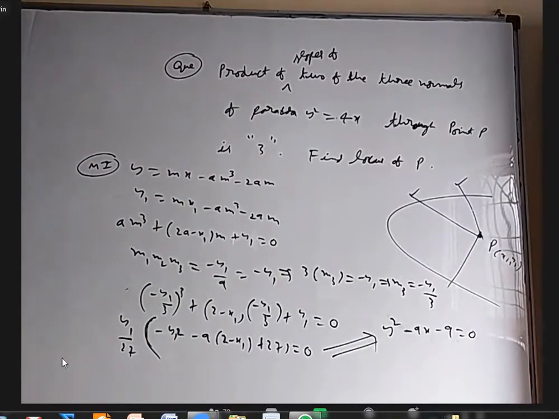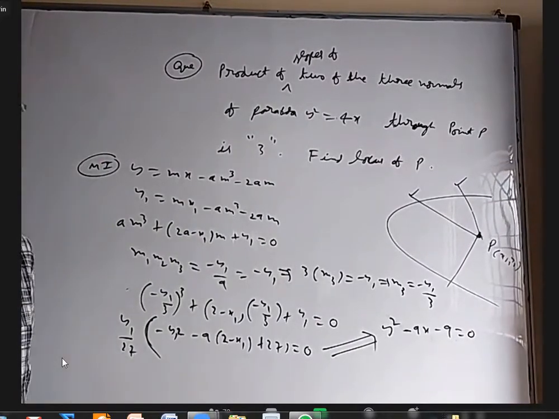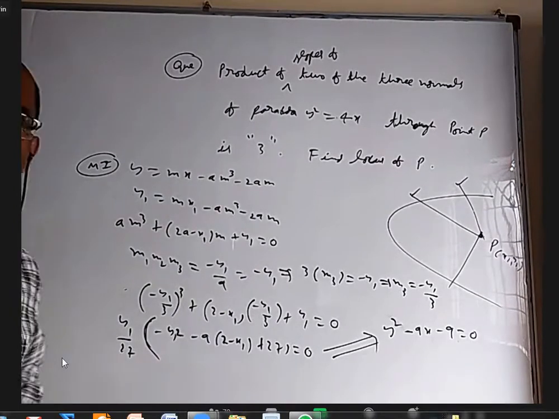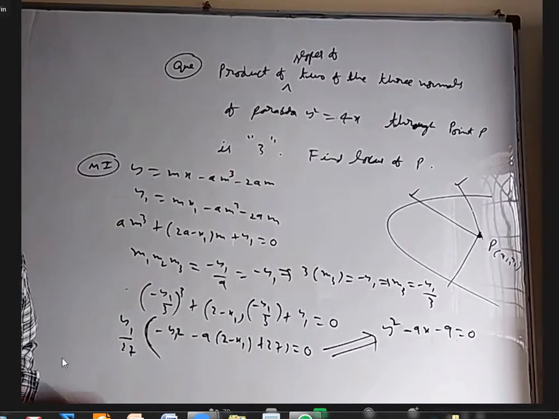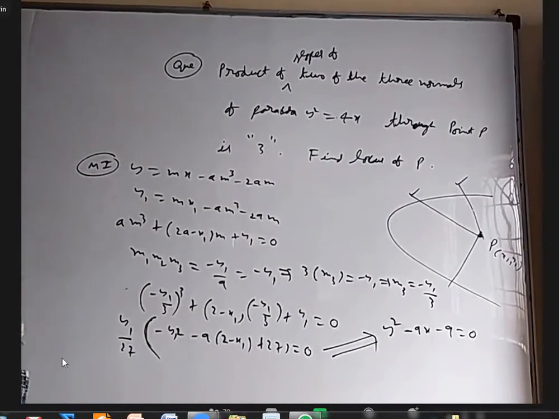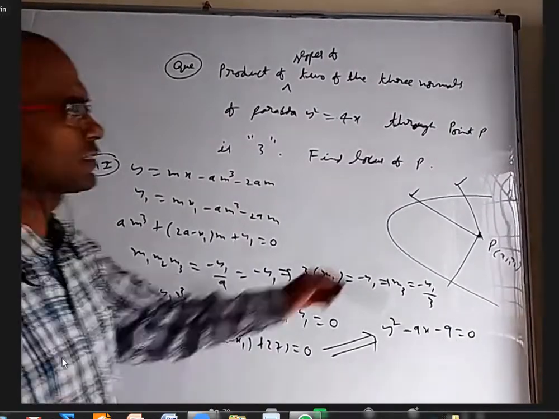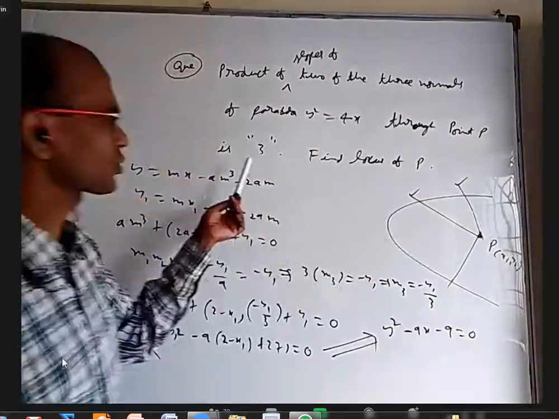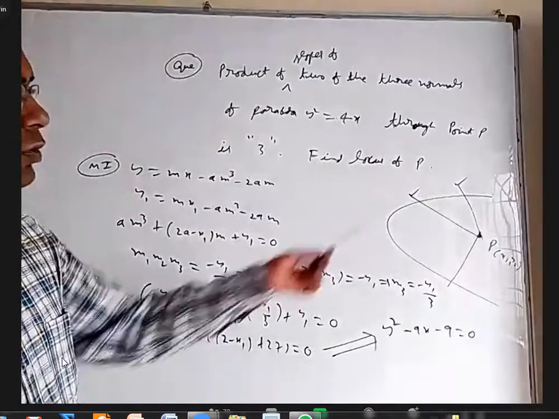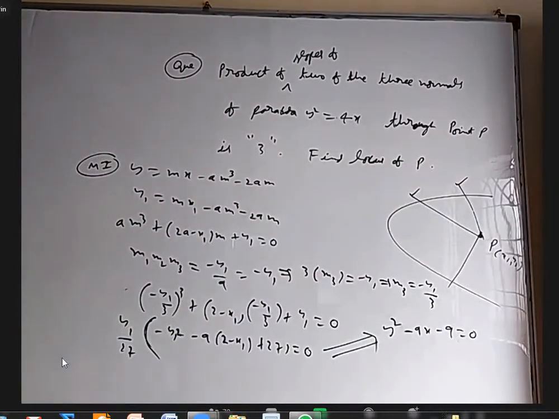Slope of tangent is 1 by t and slope of normal is minus t. In fact, what is the equation of normal? tx plus y equal to at³ plus 2at. So tx plus y means what is the slope? Minus t, right? So if this I take t1, this I take t2, this slope is minus t1, this slope is minus t2, so their product should be 3. Using that, how to find the locus of P? I'll discuss that in another method.